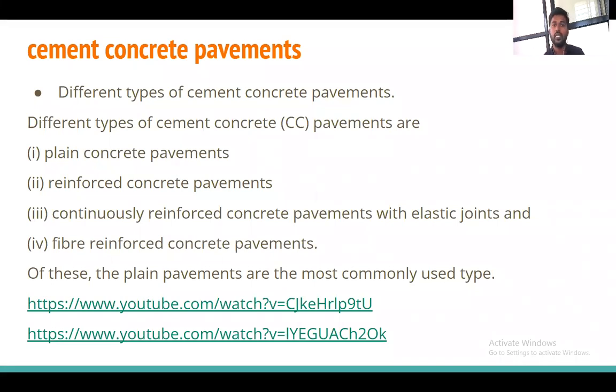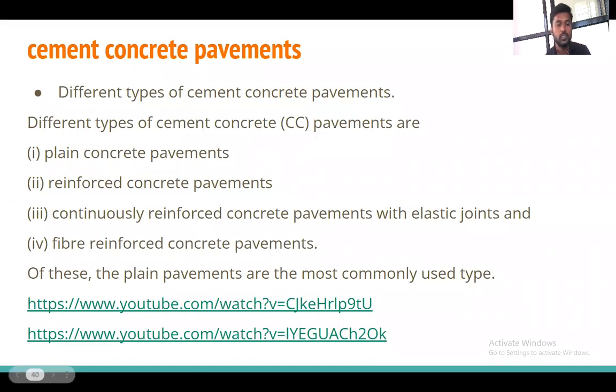Why are these fibers used? To erase the cracks. If we use fiber in the concrete, then minor cracks will not be produced, so we use fibers to minimize the cracks in the road. But out of all these, plain concrete is the most commonly used.